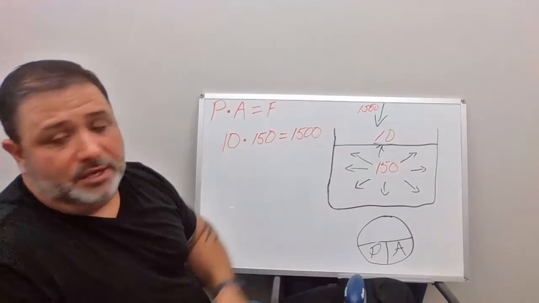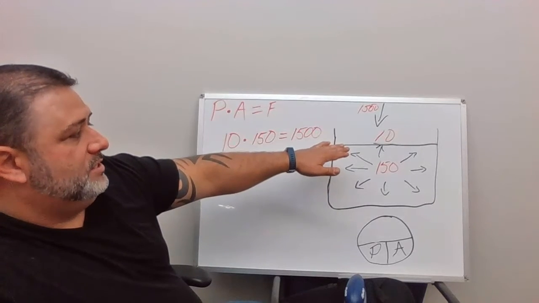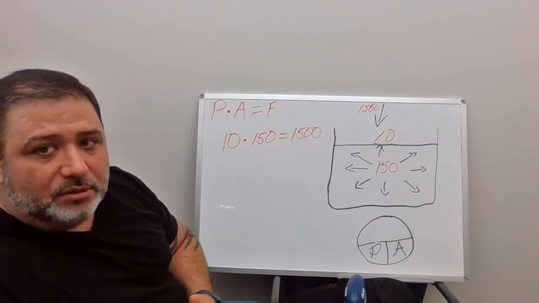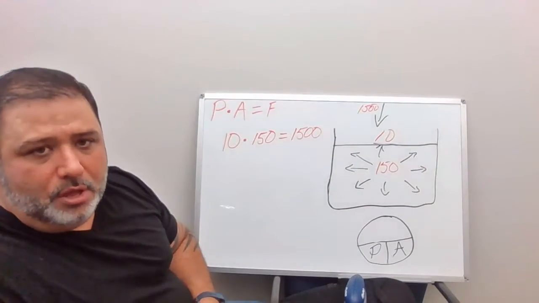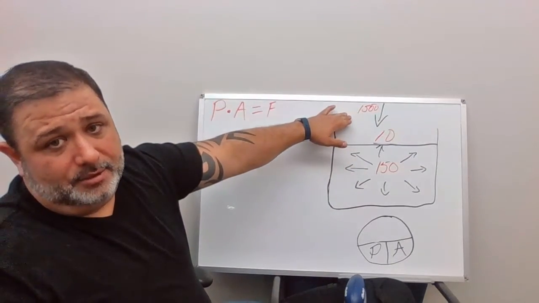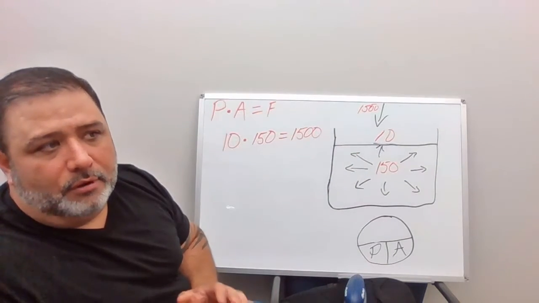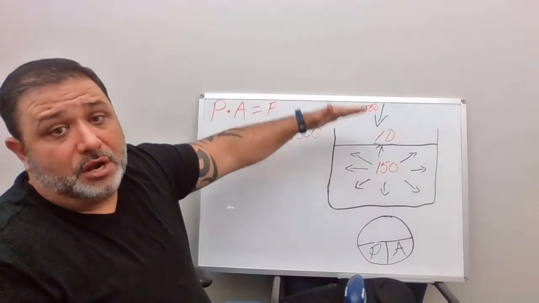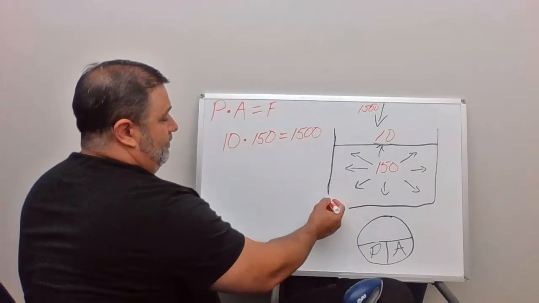Now, the smaller you make the area, of course, changes the pressure. But right now, with 10 inches of area, 1,500 pounds pushing down on top of that area will build 150 pounds of pressure, or 150 pounds of pressure holding back. How can 150 pounds hold back 1,500 pounds of force, of dirt? How can it hold it up? Because that's what we're trying to do. We're trying to hold this dirt up without it pressing down and